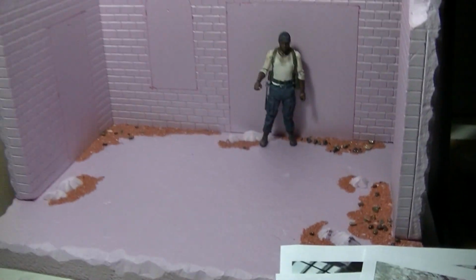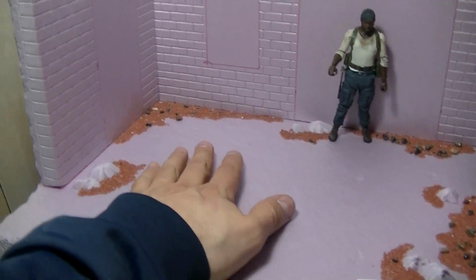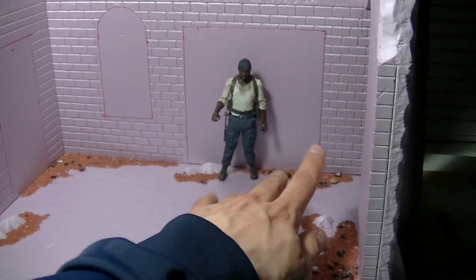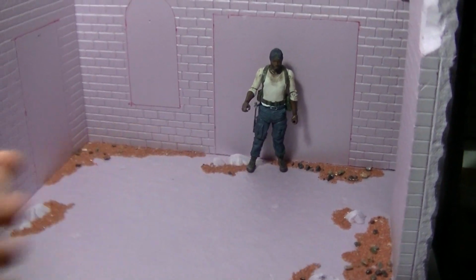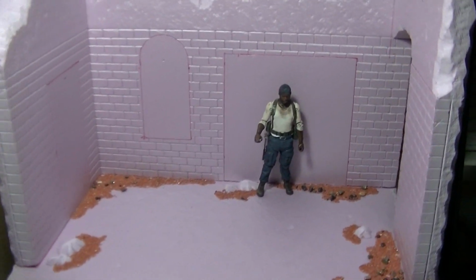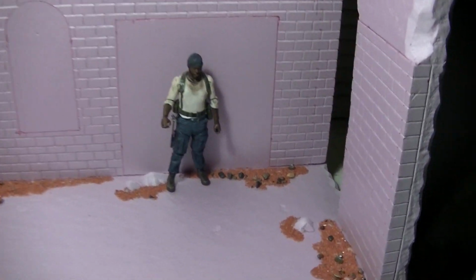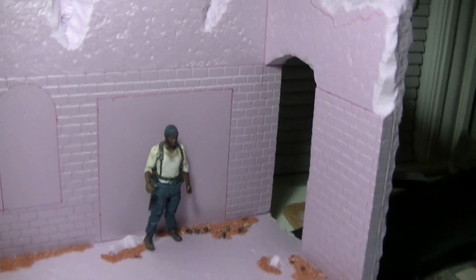I mean, there's Tyreese, so you can picture 4, 5, 6 zombies there, and some of the good guys here, and it would still give you enough. The challenge with a diorama like this, and I guess it's a challenge that I'm putting on Rich, is that you can take